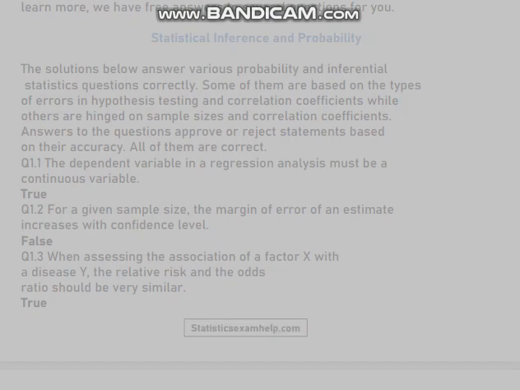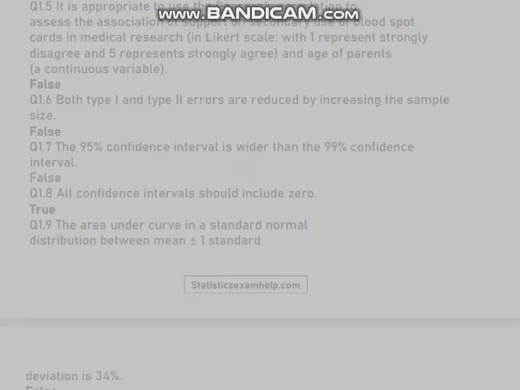Q1.4 When assessing the association of a risk factor X with a disease Y in a population, an odds ratio of 2.0, 95% confidence intervals 1.3 to 2.7, indicates an exposure of factor X is associated with higher odds of outcome Y. True. Q1.5 It is appropriate to use the Pearson's correlation to assess the association of